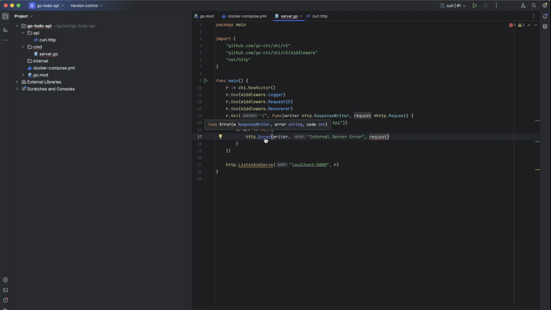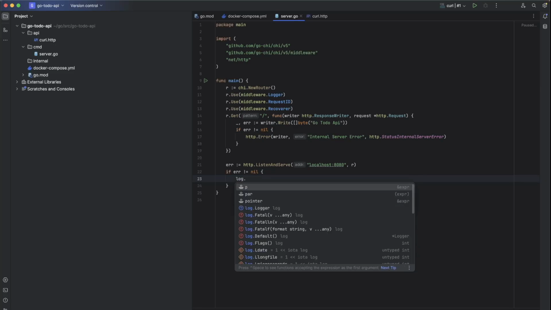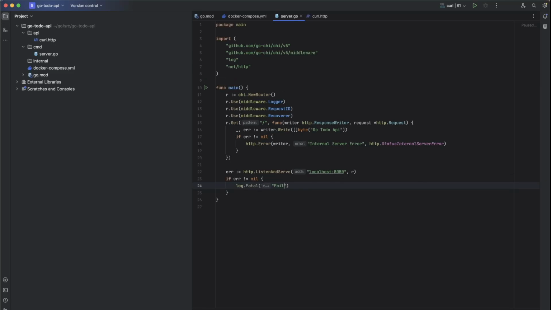Now it's good. So http.StatusInternalServerError. Alright, also for this, we'll just give an error. We will print the log.Fatal failed to start application.